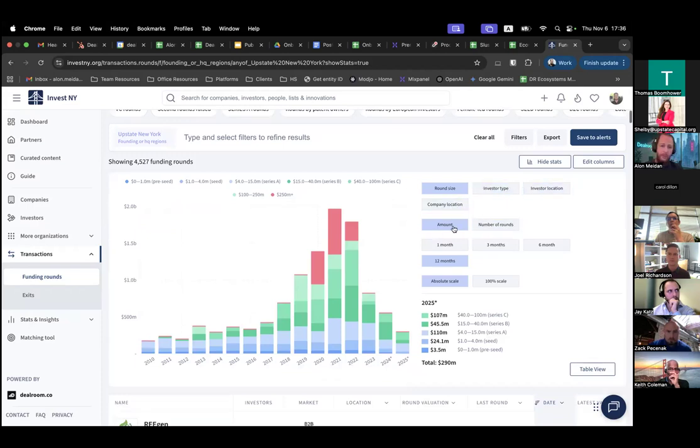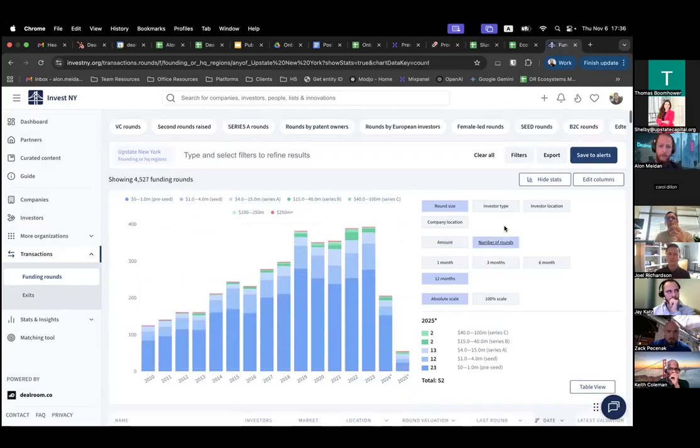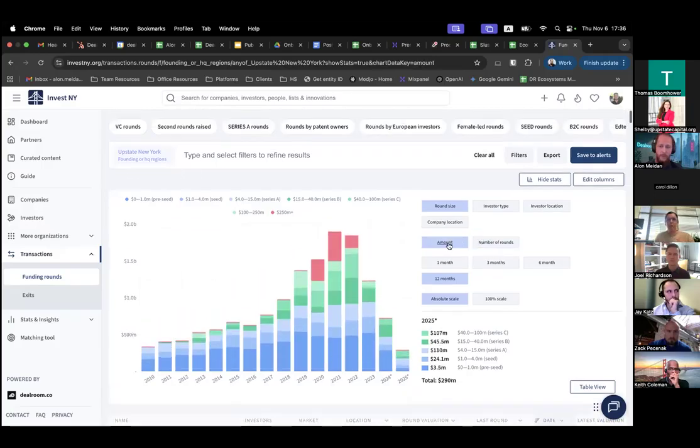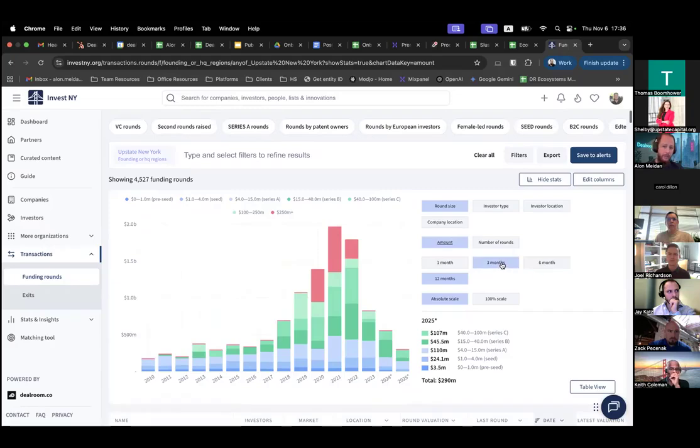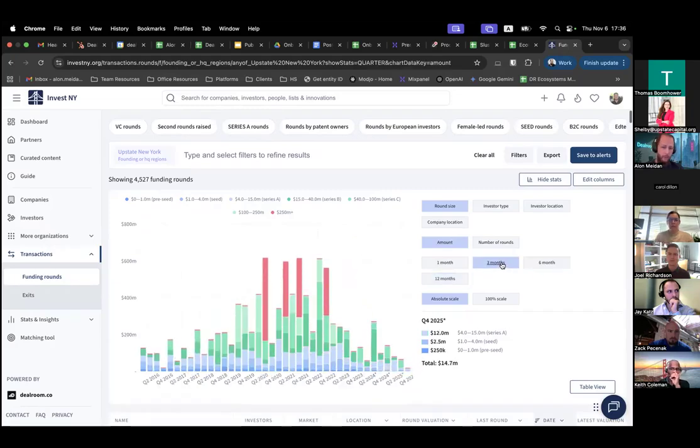We can flip between amounts and number of rounds. We can change the time frame, for example, from yearly to quarterly, and we can play with the scale. We can also filter, either free search or from the filters here, very much like I demoed for the companies.